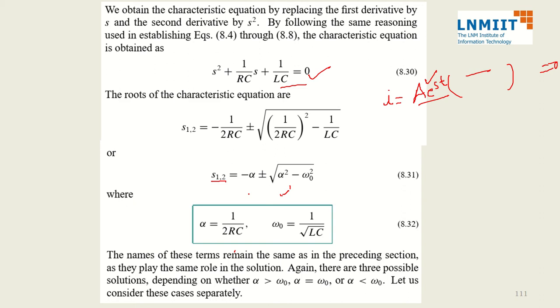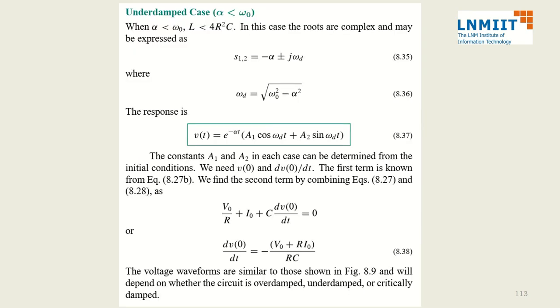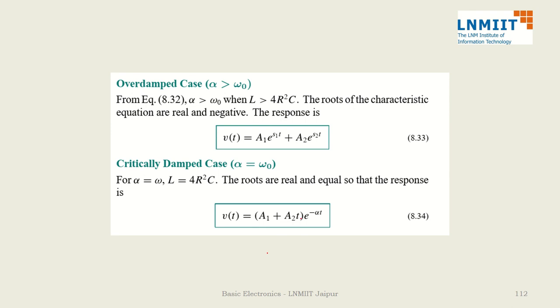Exactly the same process. That means depending on the values of alpha and omega, by the way, alpha is different this time. In series RLC circuits, alpha was R by 2L. Here it is different, it is 1 by 2RC, but that does not make any difference. We continue: if alpha is greater than, equal to, or less than omega naught, in these three conditions I am going to have three different cases of overdamped, critically damped and underdamped, and exactly the same three solutions we are going to get.